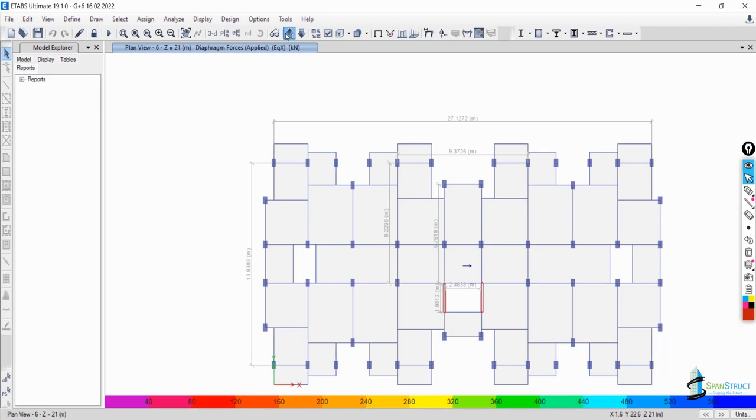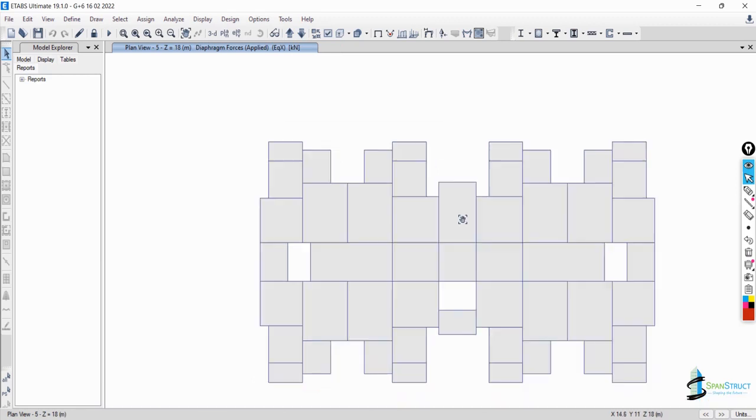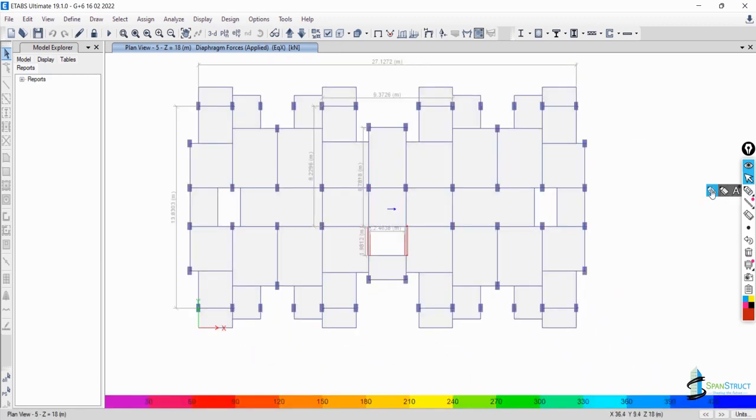When you go up, these forces keep on decreasing. Now it will come to 477 and this will come to 201. So what is happening now? The software is creating one center of mass here, and only at the center of mass are these forces applied. So when you define a rigid diaphragm,